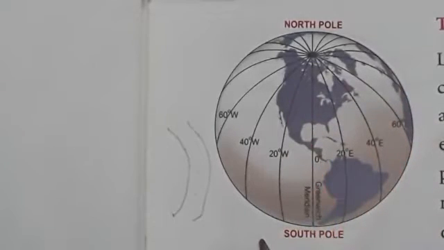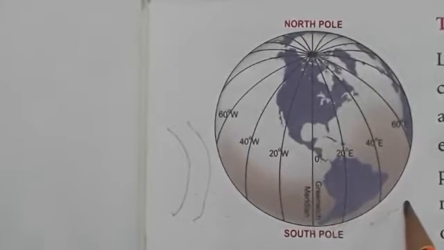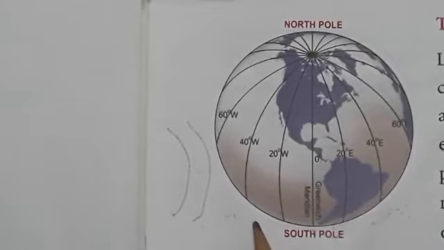the latitudes. Okay children, there are 360 longitudes. How many longitudes do we have in total? 360 longitudes. 180 to the east and 180 to the west. Okay, these 360 longitudes are divided into two. That is, towards the east it is 180 and towards the west it is 180.